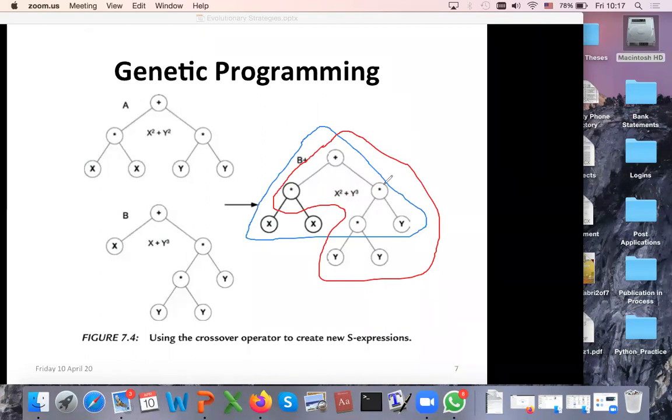So in this resultant tree, which is creating the expression x square plus y cube, we have this tree A and B in it, which is an example of crossing two expressions into this resultant expression. And we have the concept that the resultant tree has all the properties of its parent trees, and maybe its own properties too.